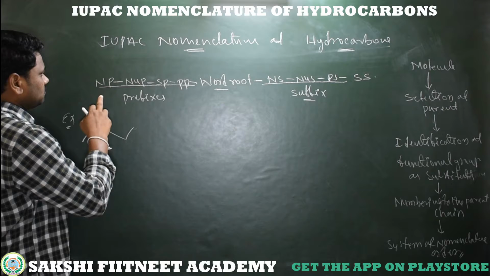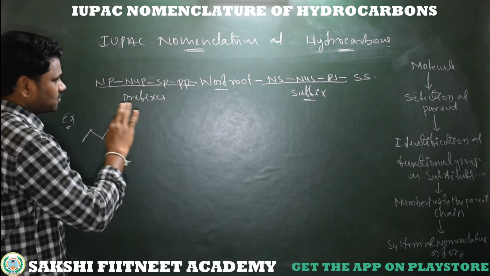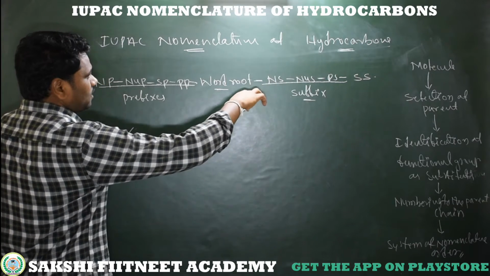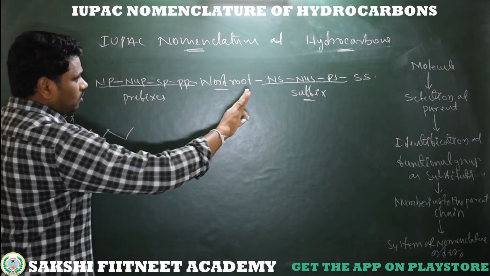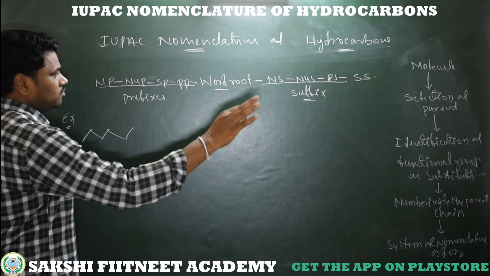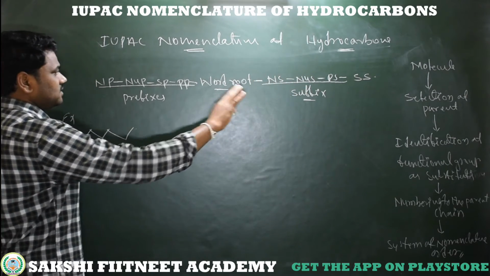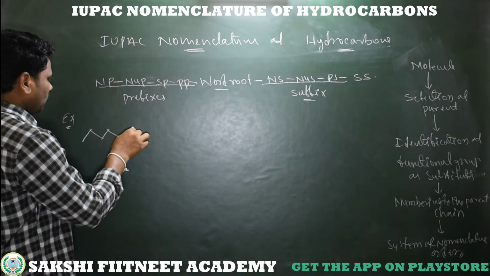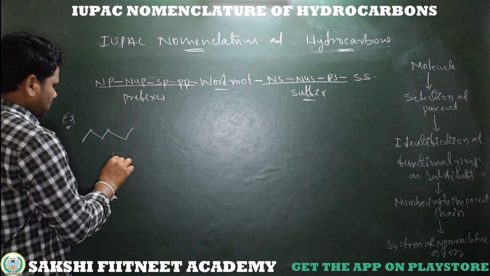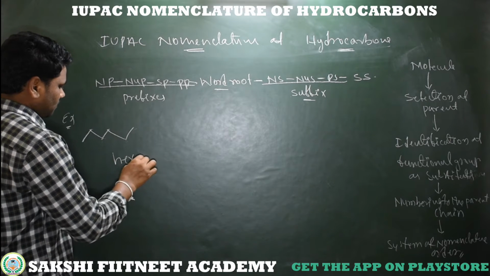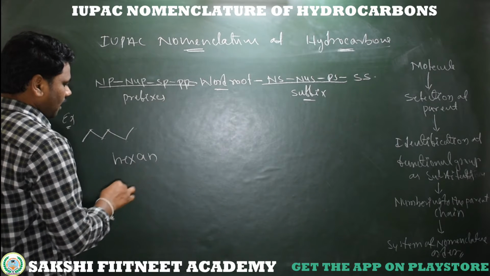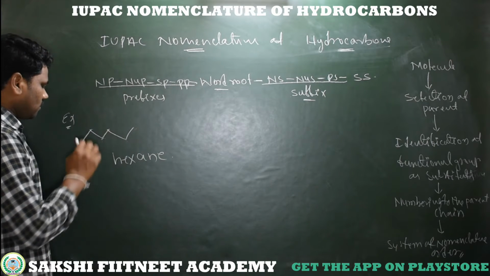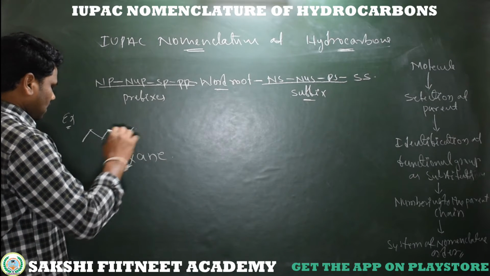So how can we write the name? No need to use these prefixes because no substituents, nothing. No need to use the secondary suffix and numerical suffix, number suffix, because there is no double bond, no triple bond, no functional group. Just we need to use a primary suffix, that is saturation or unsaturation. What is the word root? Here the parent chain has 6 carbons, so it becomes hex. No substituents, only saturated, so it becomes an, no functional group, and with e. This is the IUPAC name of the compound having 6 carbons which are linear.